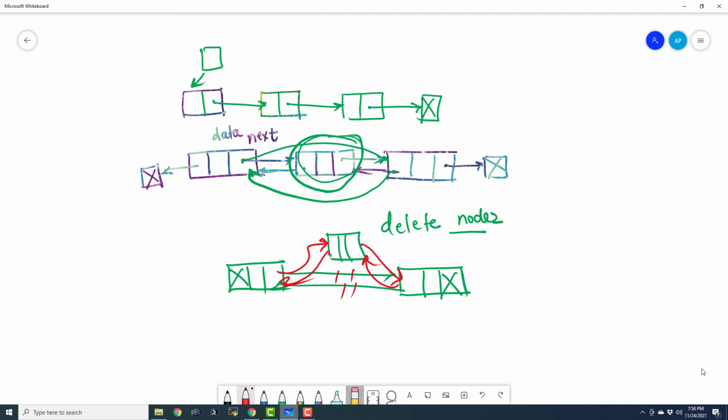Now let me tell you an interesting thing. Even a null could be a doubly linked list. Its previous and its next are also null, and this entire null value means it is an empty list. And let us see a doubly linked list with a single value. This is a single value doubly linked list. This is the data part, this is the next, and this is the previous pointer.